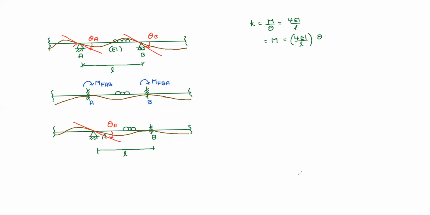Now we need to apply, already some fixed moment is there here, MFAB, and one more moment we need to apply here, that is 4EI by L into theta. Here already MFBA is there. Because of this left side moment, carryover will come here. How much? 50% of that. So this is theta A. 2EI by L into theta A moment will develop at B also. Now partially we reached our original state, right?